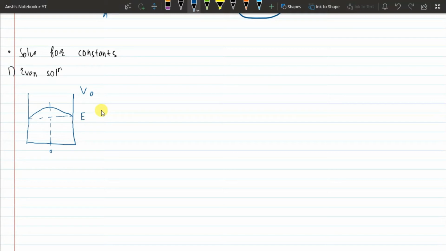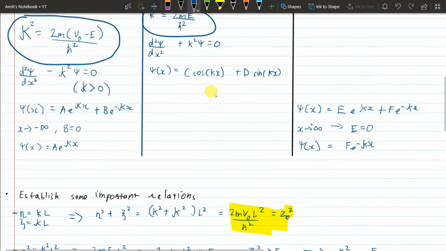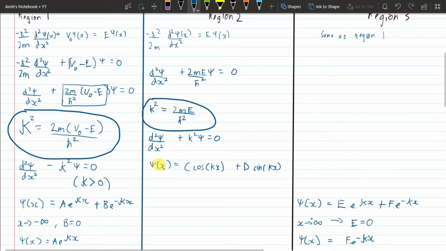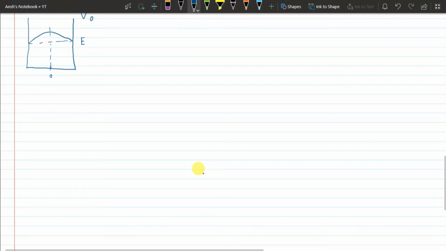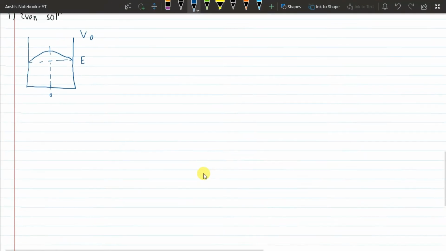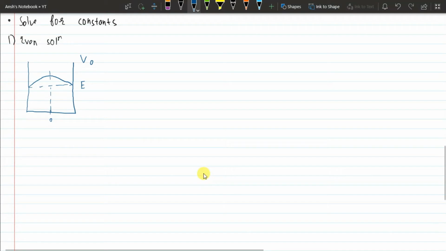So depending on whether you go to the right side of the center, or the left side of the center, you will have similar behavior. So how that impacts us is that for the bound state right here, for even solutions, we can only have even solutions if we have a cosine function, because sine functions are essentially odd about the center, about x equals 0. So we'll only have the cosine term for even solutions. So for even, knowing that we only have cosines,